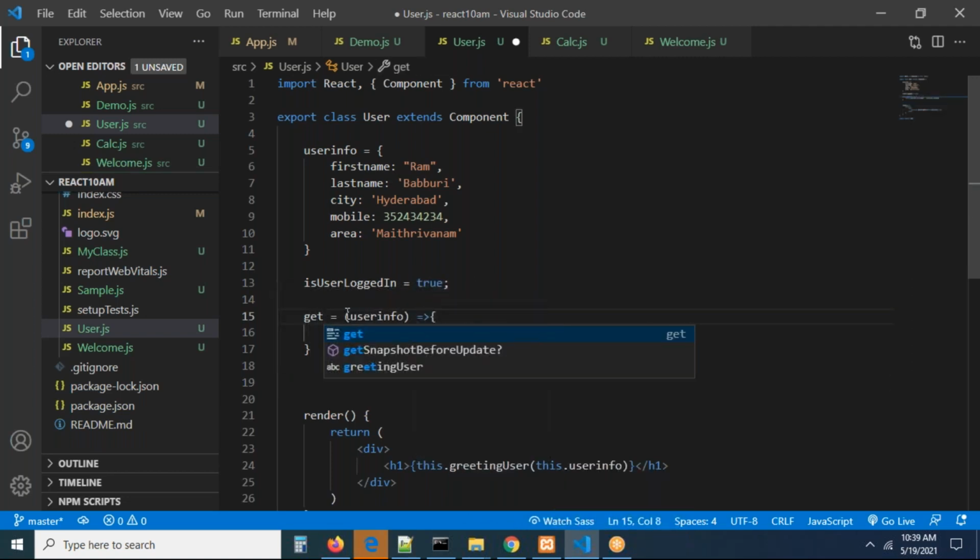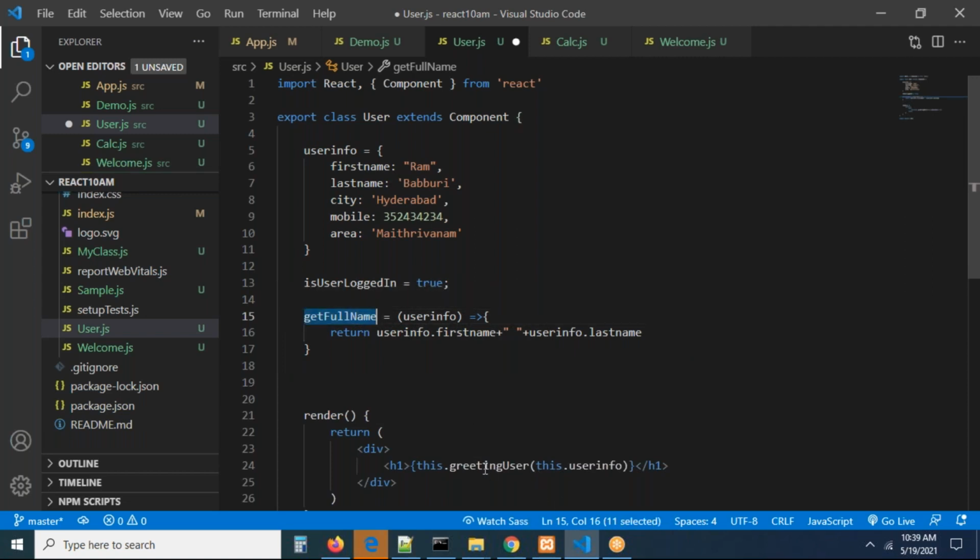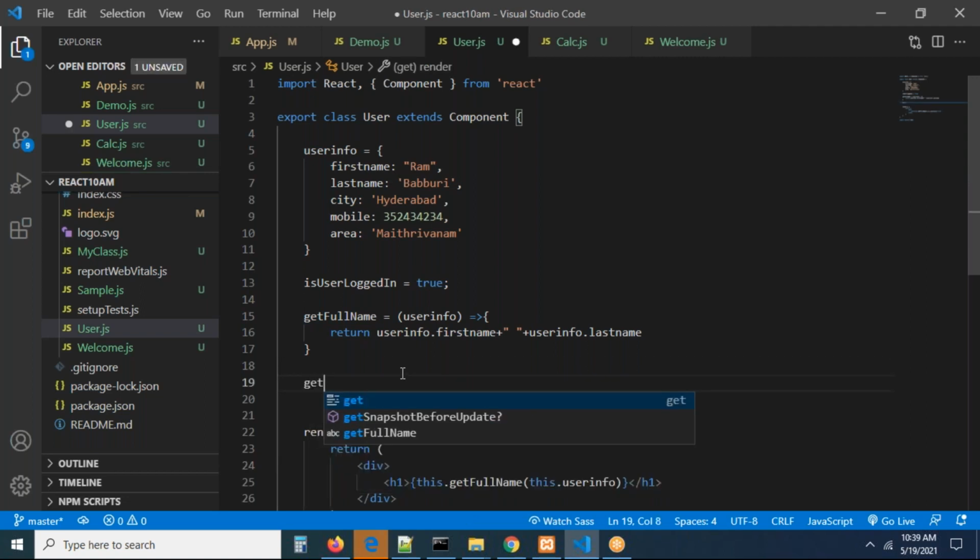You can write getFullName as my function. You can write this.getFullName, no problem. To this you are passing userInfo. I want to get my address. Now I'm going to write getAddress. To this we have to pass a parameter called user or userInfo or anything you can take, no problem. This is my function.